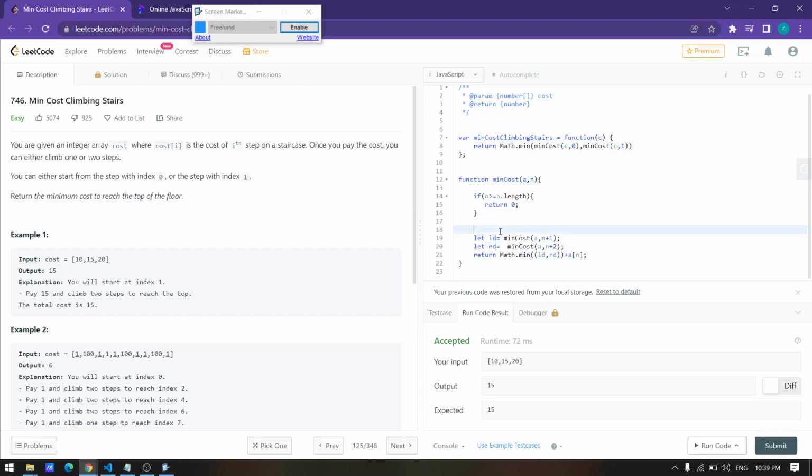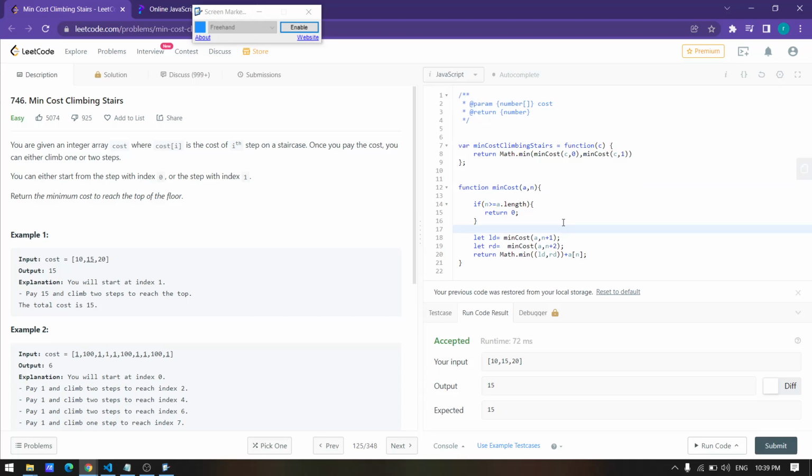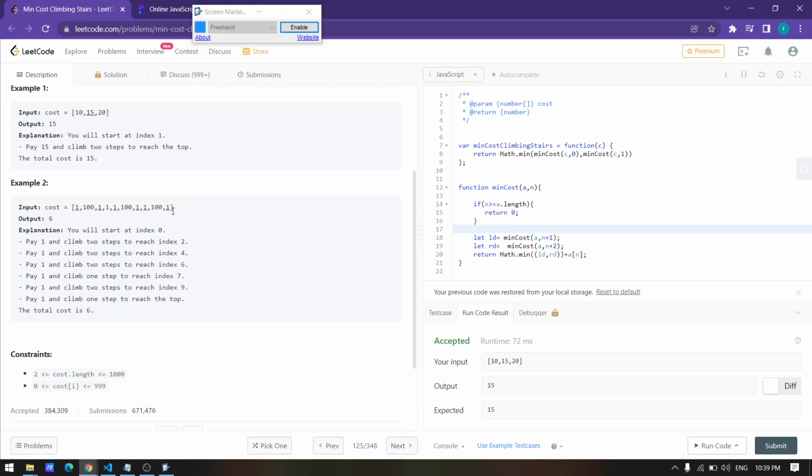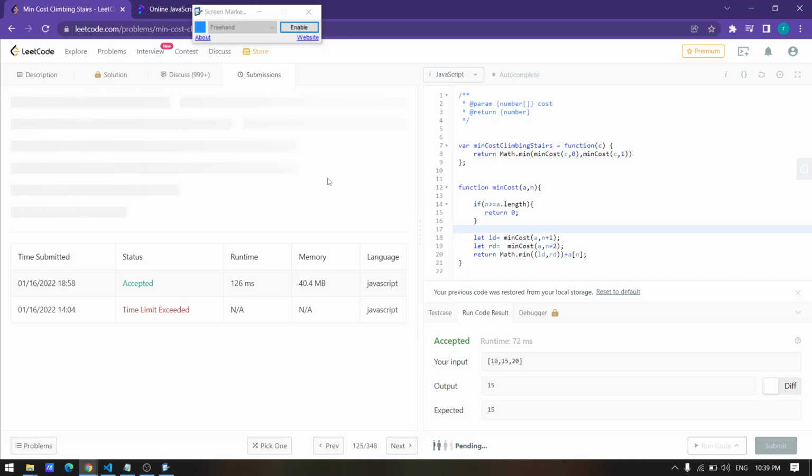That thing is, we have not memoized it, because in dynamic programming we have to memoize. For big values, like big arrays, it will give me an error because I have not used the memoized version for this scenario. So once you check, it will give me time limit exceeded.